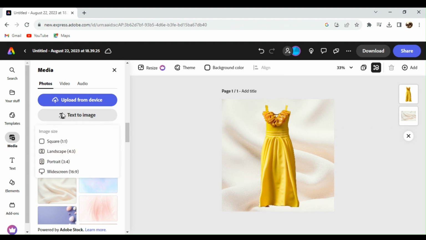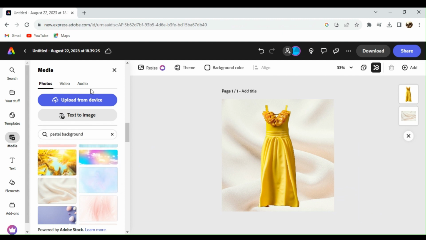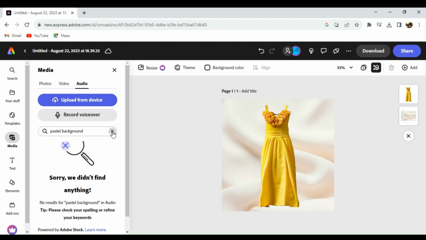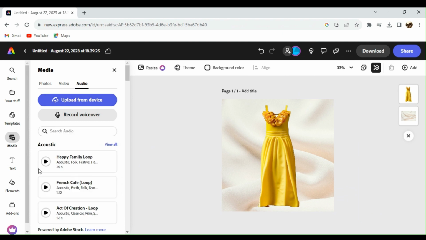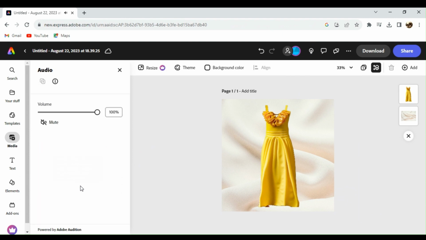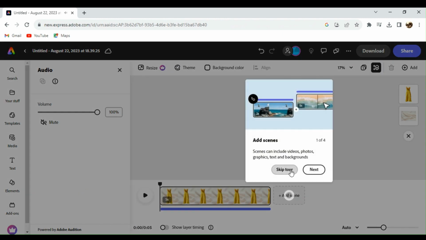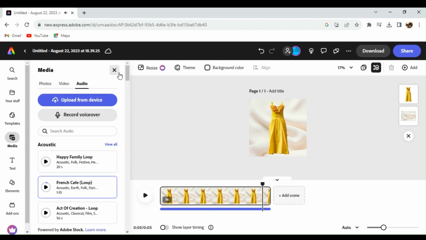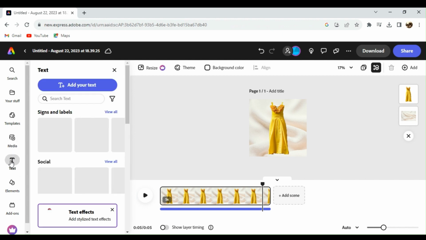Now here you could also have a text to image for the media, if you want to be more specific about what you want to have for your background, and you could also add some music. So a while ago, during the beginning of the video, you actually heard music being added onto the photo, the result of our generative AI. So there I have added a French type of audio,